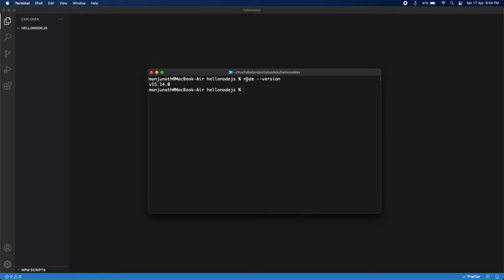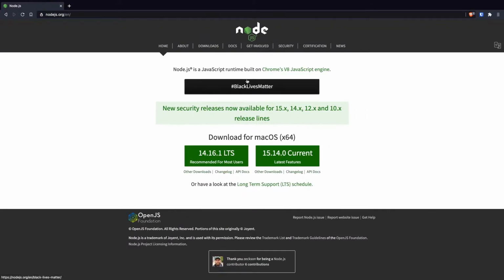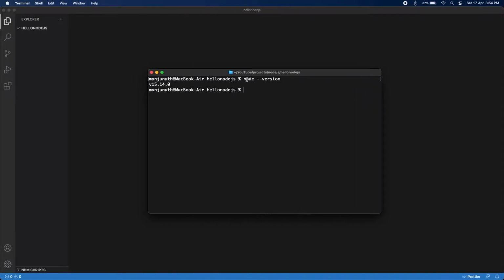If you are not, just download git bash. You can just search git bash in the Google. I'll just put the link in the description also, so you can directly go ahead and download that particular program and install it. Once you have installed git bash and Node.js program, you will be able to get this particular command going, and once this particular command is working, we can run another command, which is npm --version. As long as it prints out these versions which are like latest, you will be able to work with